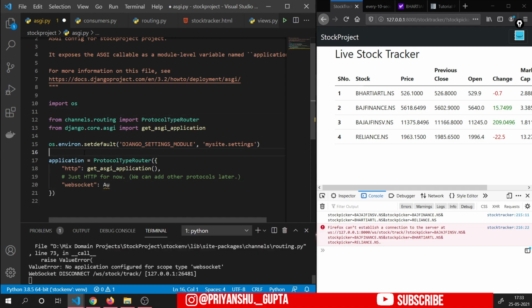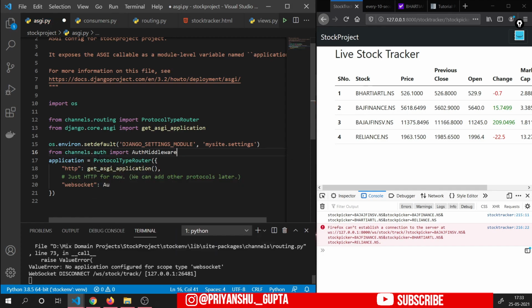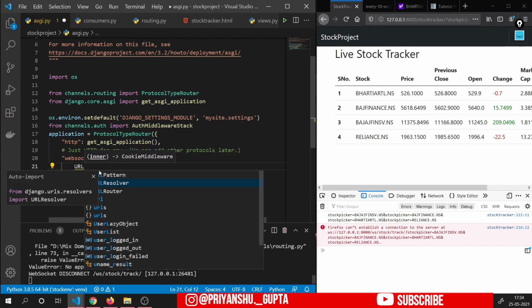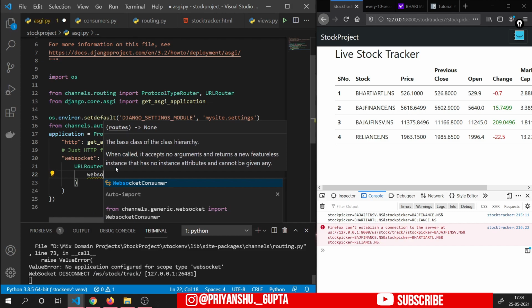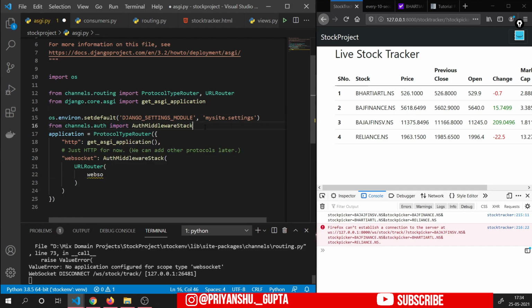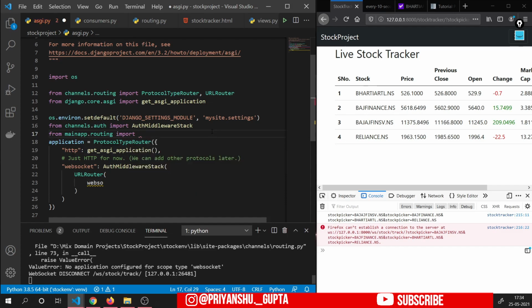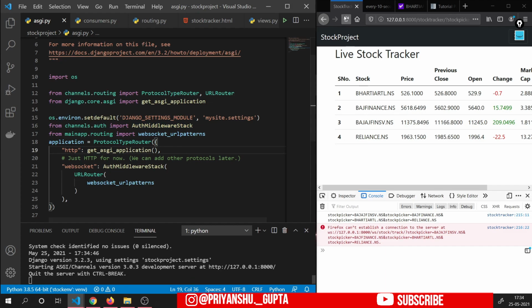For that we will have to use this from channels.auth import AuthMiddlewareStack, and then AuthMiddlewareStack, and then URLRouter, websocket_urlpatterns, and we will have to again import that from routing.py, from main app dot routing import websocket_urlpatterns, websocket_urlpatterns, and here control save. And now if I refresh this page here,